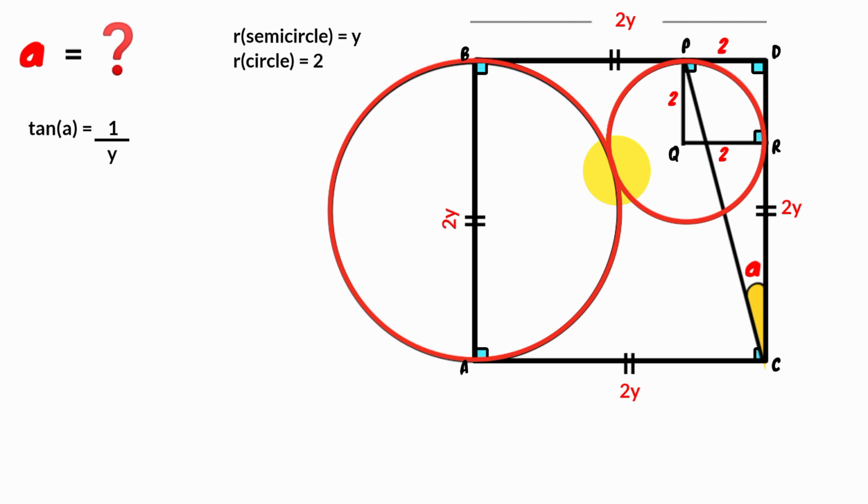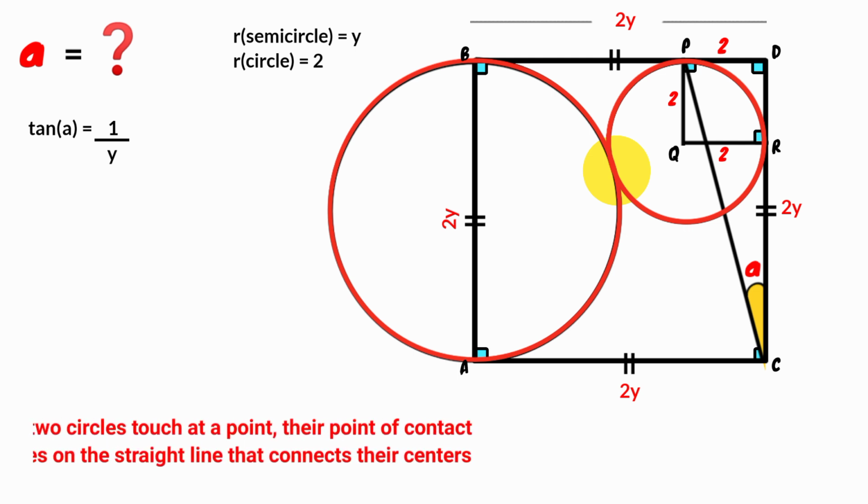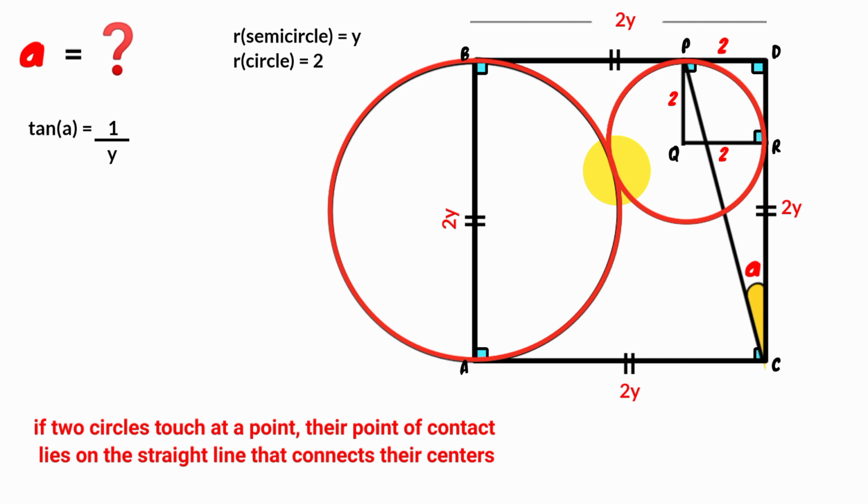From the circle theory, there is a rule that if 2 circles touch at a point, their point of contact lies on the straight line that connects their centers. So this point of contact lies on the straight line that connects this center and the midpoint of this diameter. This is a radius of the small circle, and this is a radius of the large